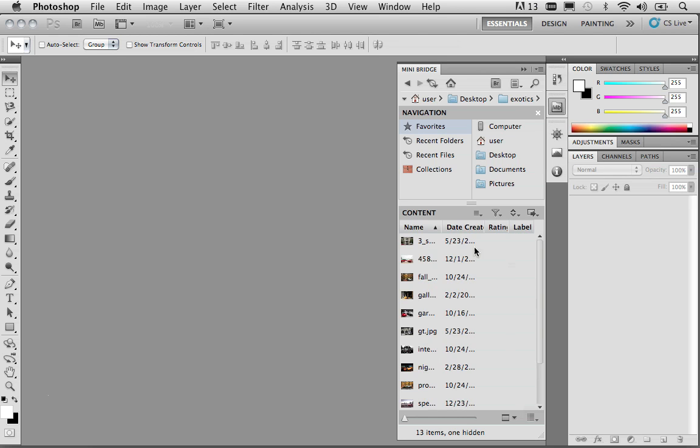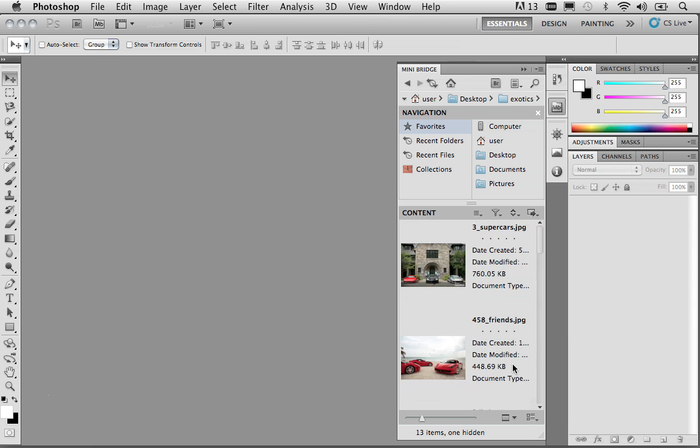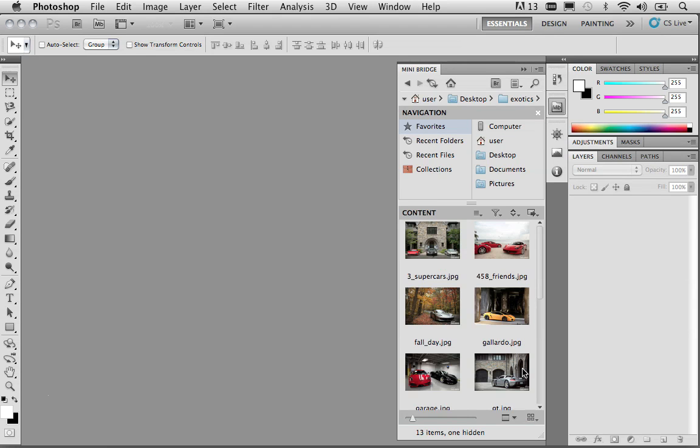And it gives you some additional information about the date created, any ratings that you have applied to those images, or labels. Again, if I come back to this menu, I can choose As Details. And if you select As Details, not only do you get a thumbnail, but you can see that additional information printed out on the right. Coming back to this menu, we can also choose As Thumbnails, which happens to be my favorite way of working,